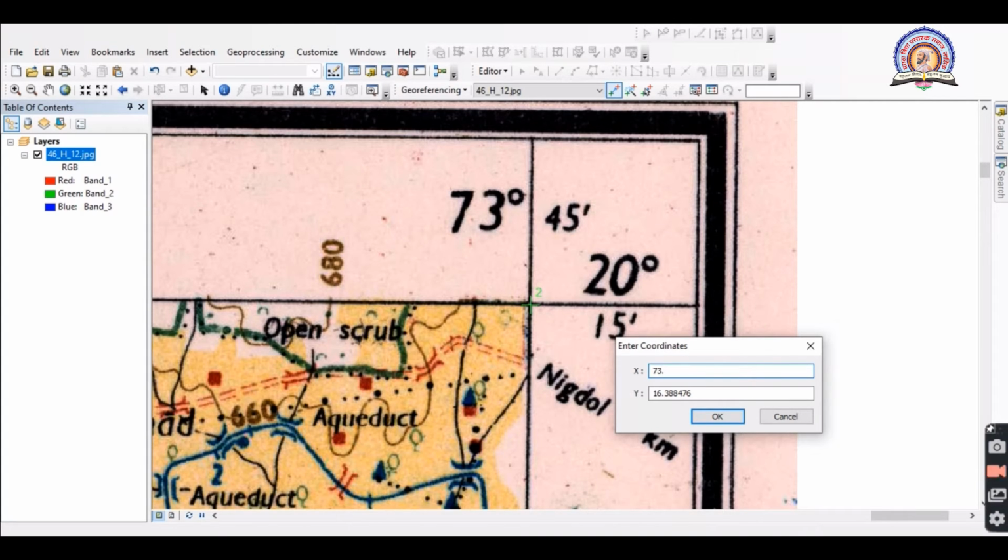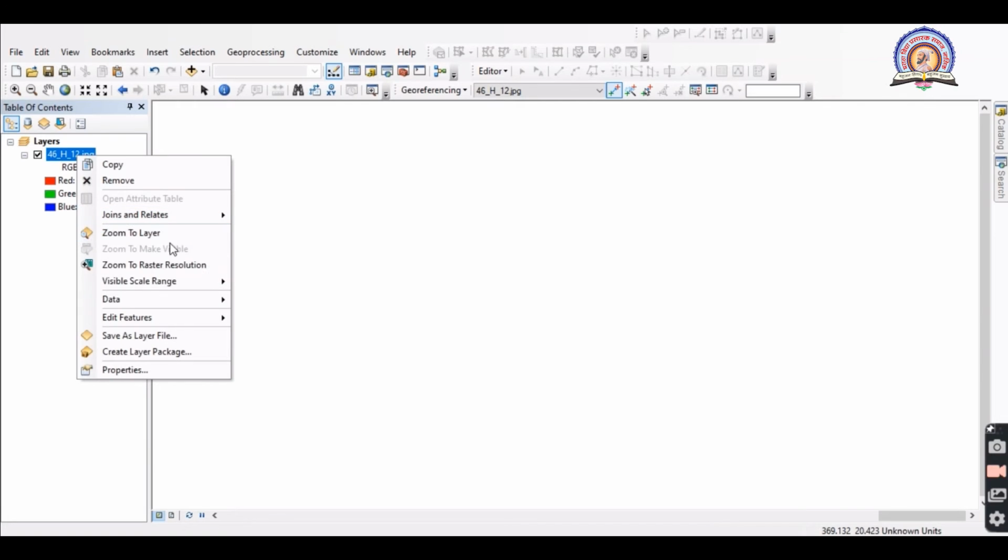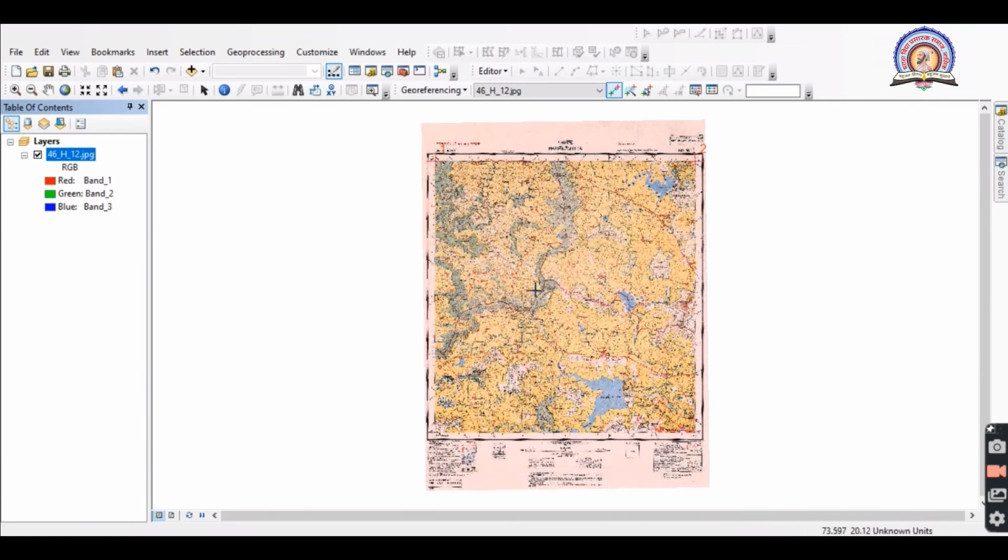Now 45 minutes can be converted into 0.75, because 30 is 50, 15 is 25, so 45 minutes become 0.75, and 20 degree 0.25. Okay. Now the second point is given, again the map disappears, simply right click and zoom to layer.